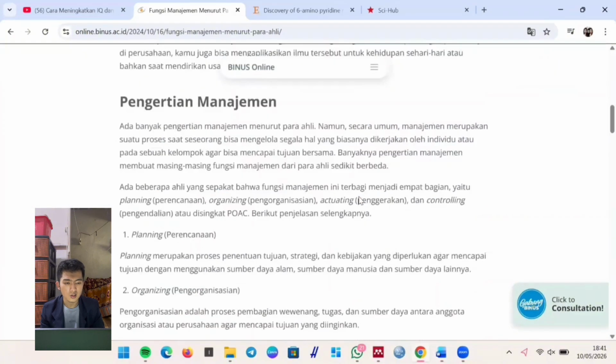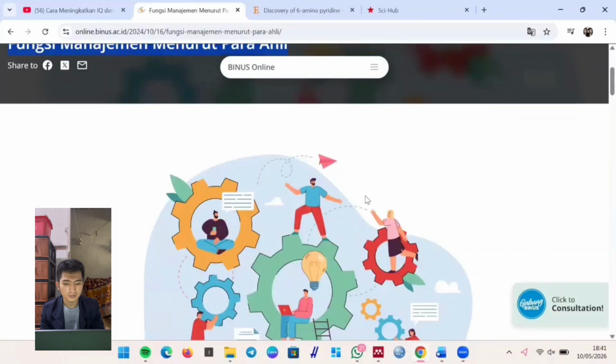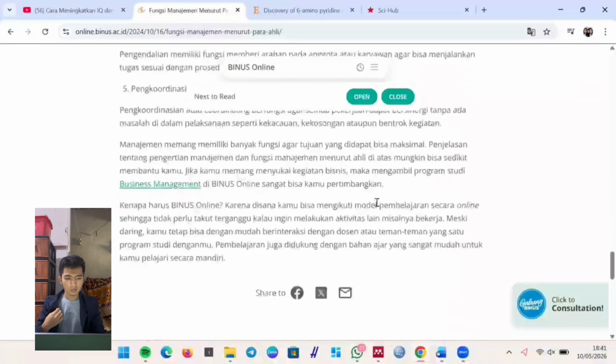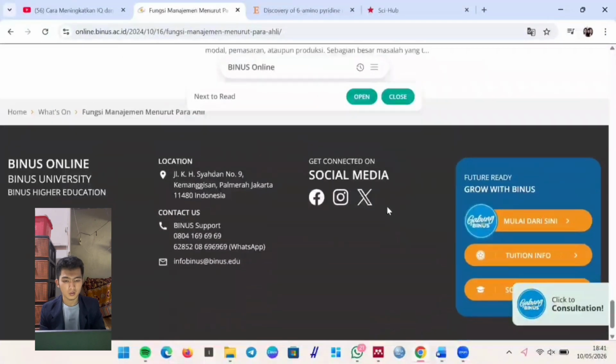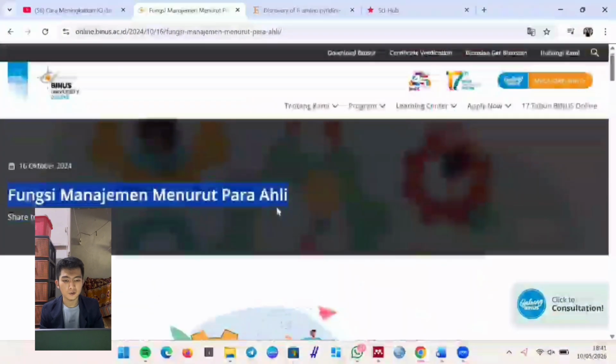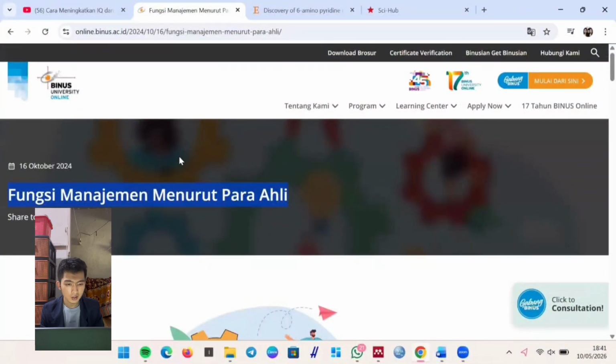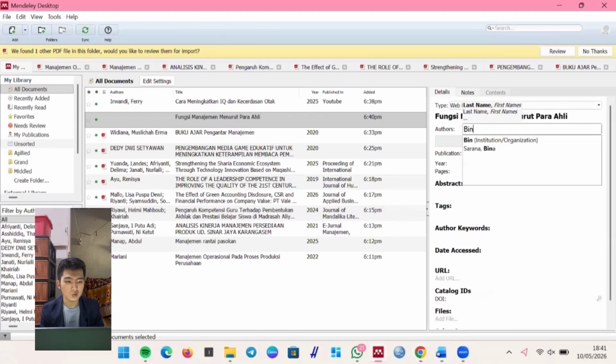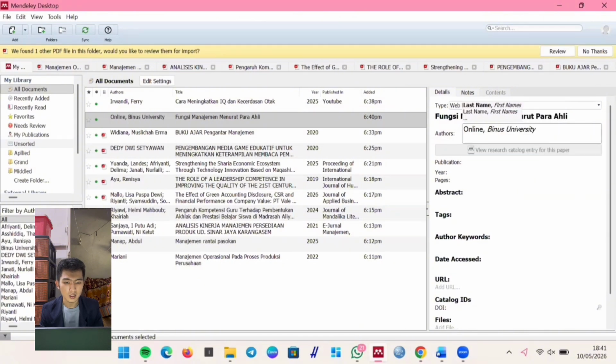The information we need to complete is title, the title of the article or the web page, author, the author's name. If there is no personal author, you can use the organization name. For example, Binus University Online.